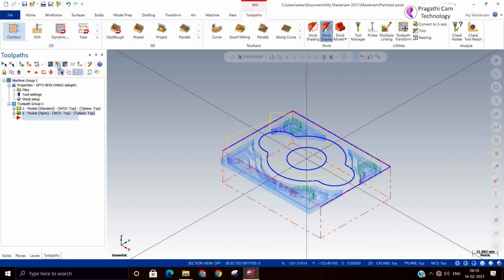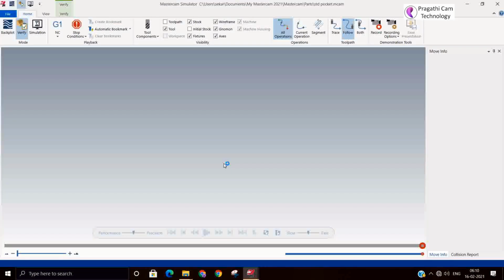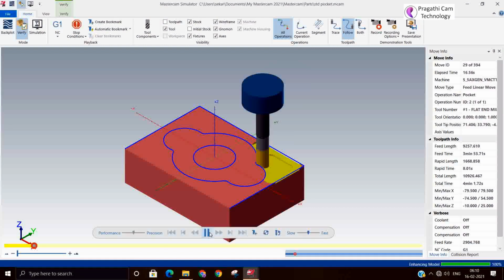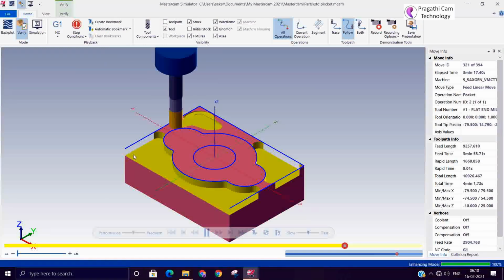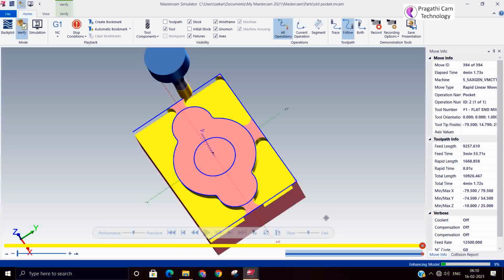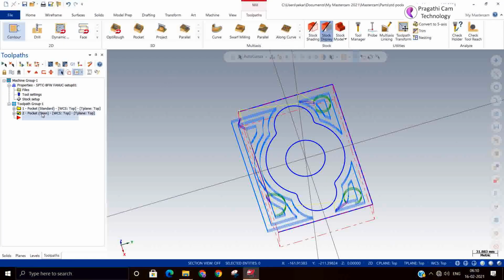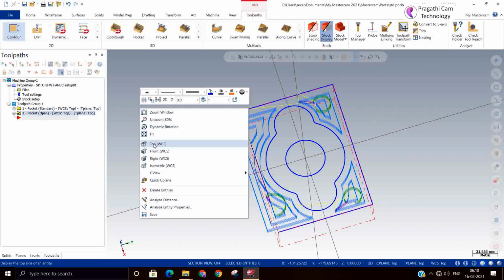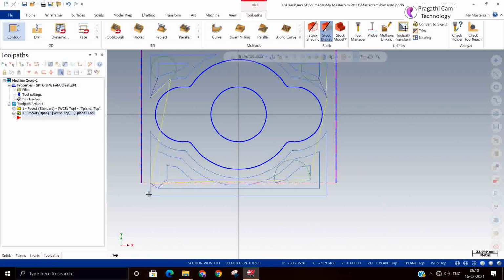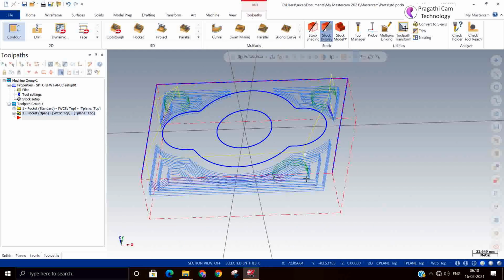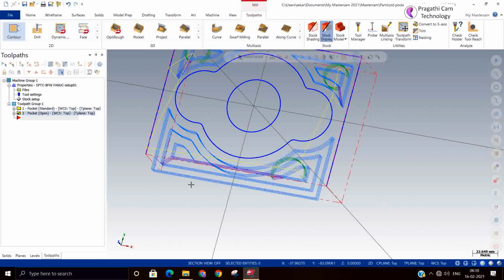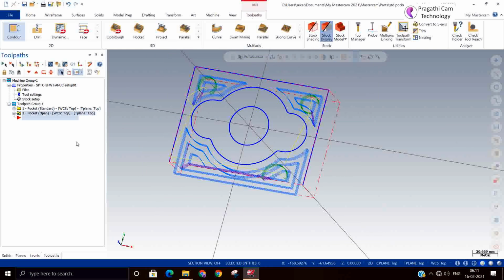In case you select the tool, it cleans the material at the other side because it knows that the other side is open. If you see from the top view, when there is an open side, it automatically makes the entry from the outside, where there is an open side. This is called the open pocket cutting method.